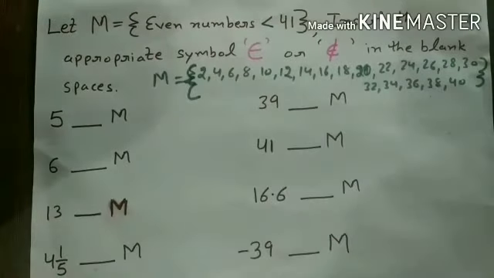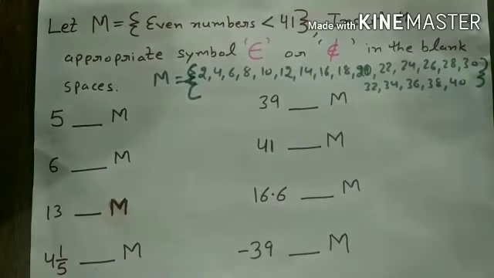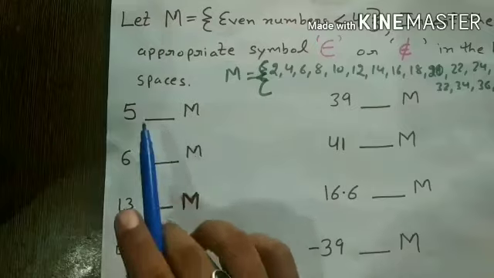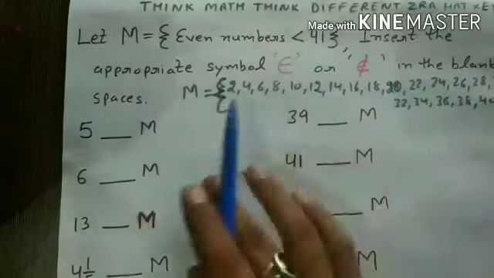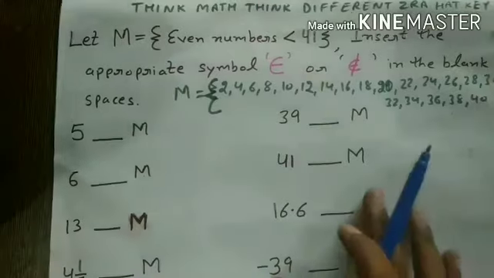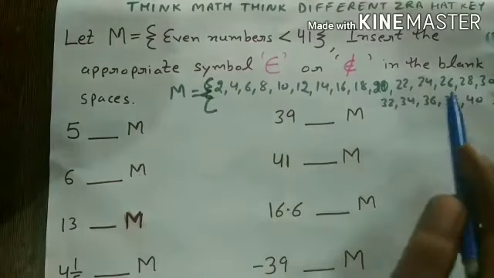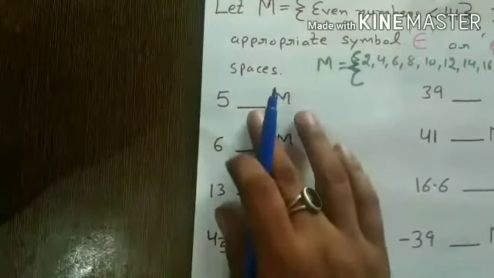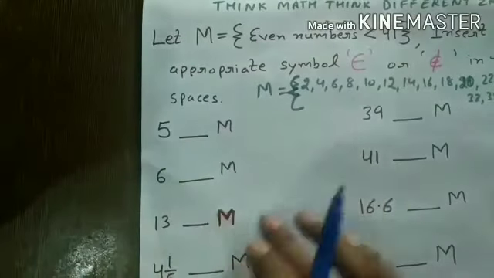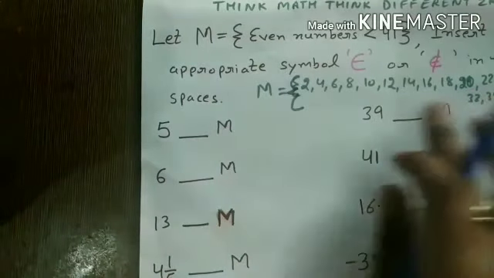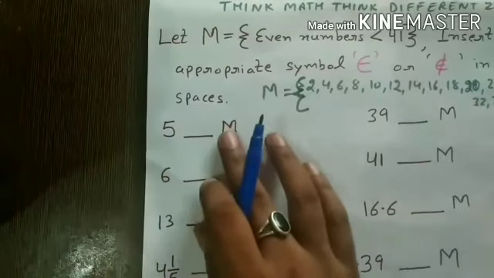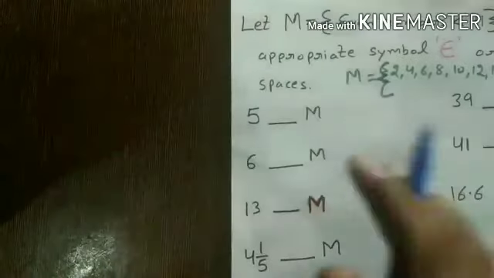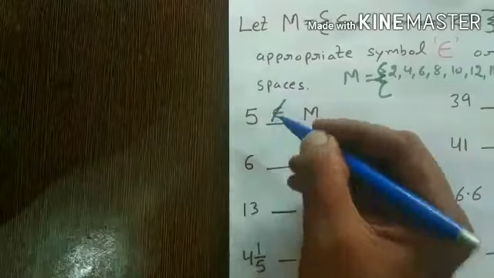Now what we have to do in the question part. We have to see whether 5 belongs to M. It means, is 5 a member of this set or not? You can clearly see that 5 is not there in this set. So I will write that 5 does not belong to M. 5 is not a member of this set. Therefore, 5 does not belong to set M. And what is the symbol of does not belong to? That is this, the does not belong to symbol.